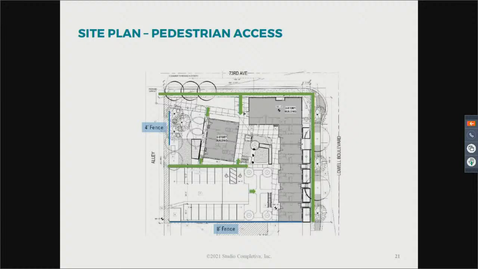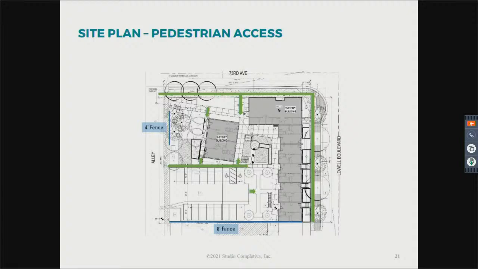So, are you going to be narrowing Lowell? Well, yes, in a way. As the development team described in their presentation, we will be creating a bulb out at the southwest corner of 73rd and Lowell to match what's happening and the built condition on the northwest corner. And when we do that, we will use that second southbound lane as a parking lane down towards the access point into that city lot and the Electric City buildings. And so in a way, we are narrowing it down.